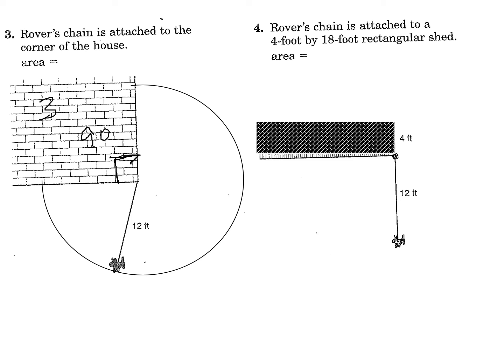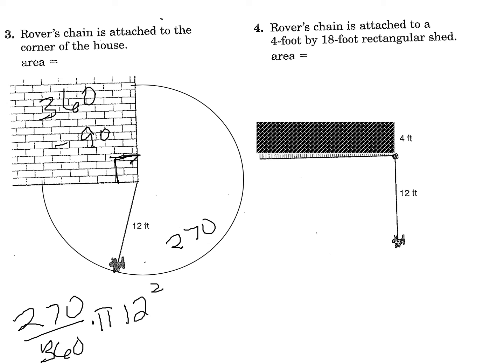And if you say 360, take off 90, 270 degrees, 270 over 360 times pi times 12 squared. And that would be 108 pi